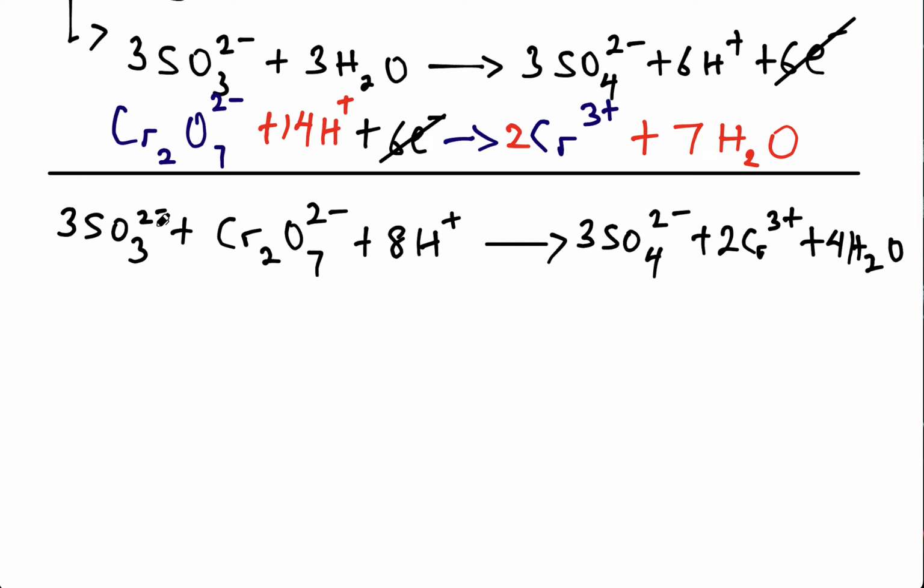Let's look at the charge now. This is 3 times negative 2, that's negative 6. Negative 6, negative 2, that's negative 8, plus 8, that is 0. And on the other side, 3 times negative 2 is negative 6, and 2 times positive 3 is positive 6, so negative 6 plus 6 is 0. So charge-wise, it is balanced. Note that it is not compulsory that the net charge on the left-hand side is always 0. This one is just a coincidence. And it's not compulsory that the net charge on the right-hand side is always 0. What matters is that at the end of the day, the charge on the left-hand side must be the same as the charge on the right-hand side. So before I go, let me quickly do one that